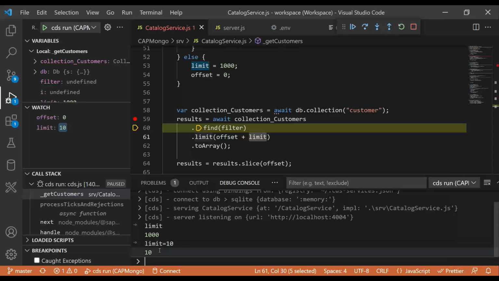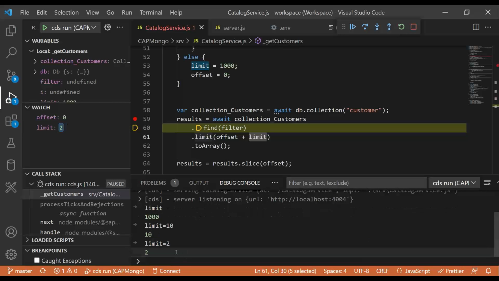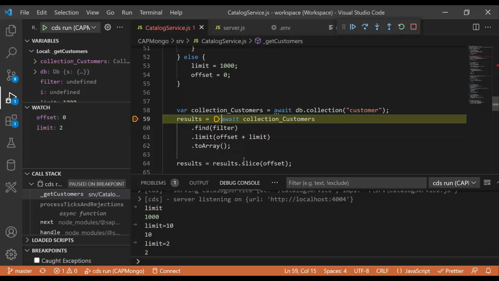So now you can see the new value of limit is 10, which means perhaps it should return only 10 records. You can see it has also changed in the watch point. Let me make it 2 only so it will be more clear for you. Limit 2, which means I should get my first top 2 records. So while debugging, I can change the value and I can press F5 to let it continue.